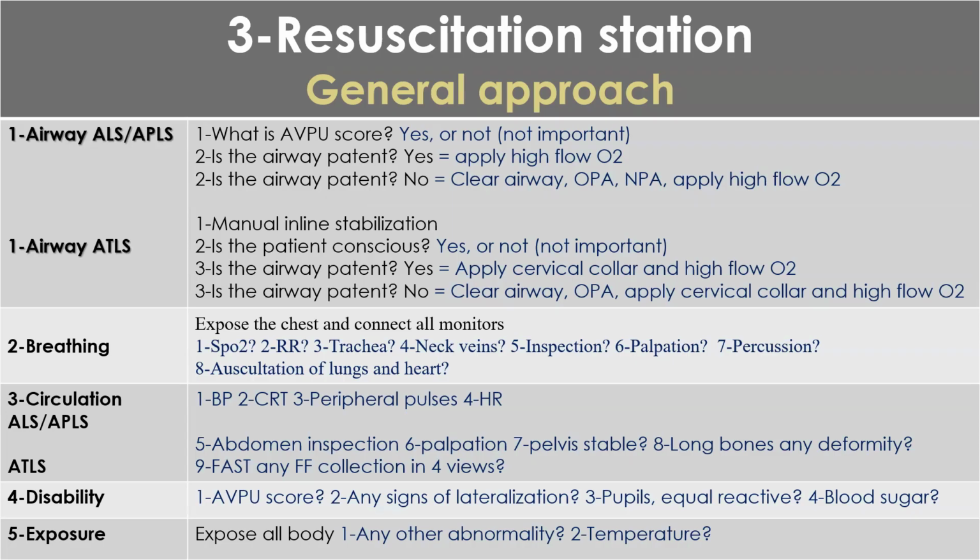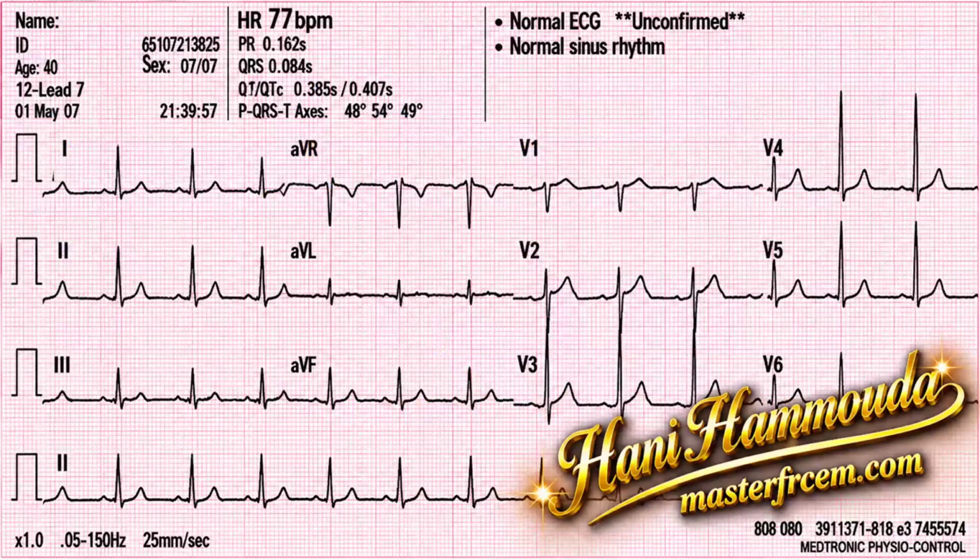Then in breathing, you will ask about the points. Most likely it will be normal because he has no problem in breathing. And then in circulation, the 4 points. The patient has this ECG. You should comment on the ECG. Is this normal for his age or not? You should say the heart rate is almost 75 or 77, normal for his age. If normal, mention normal. If abnormal, mention abnormal, bradycardia. The ECG is normal in a child because the child is more than 1 year.